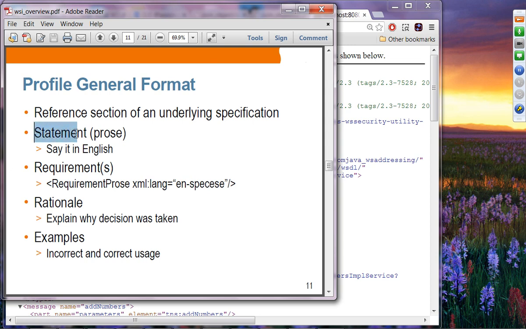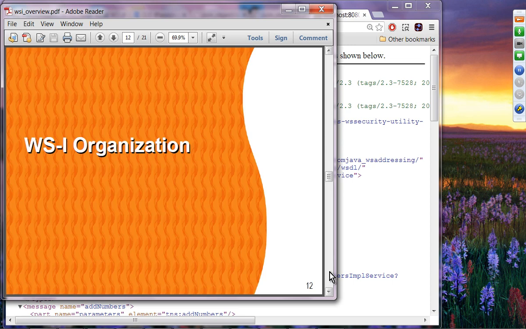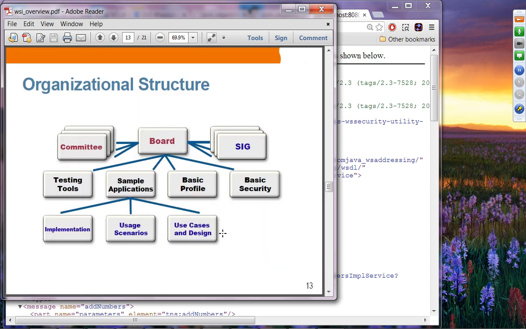Each rule is specified with a statement, requirements, rationale, and in some cases examples.